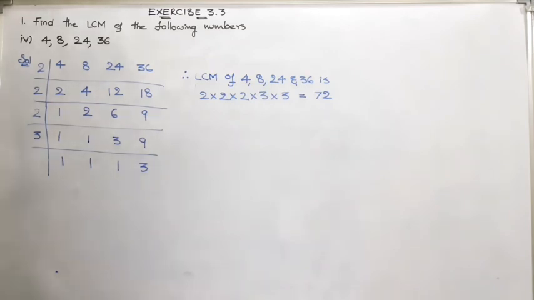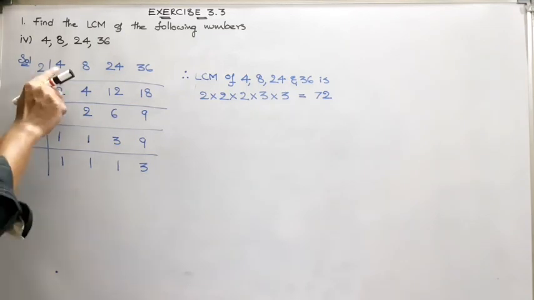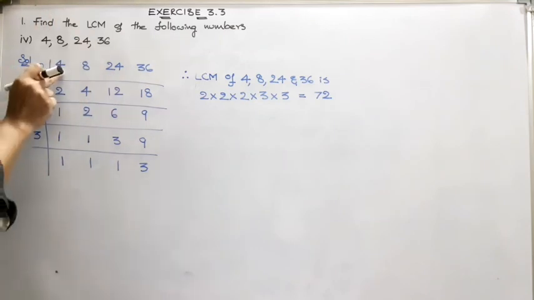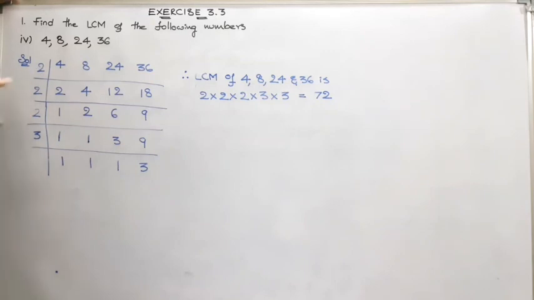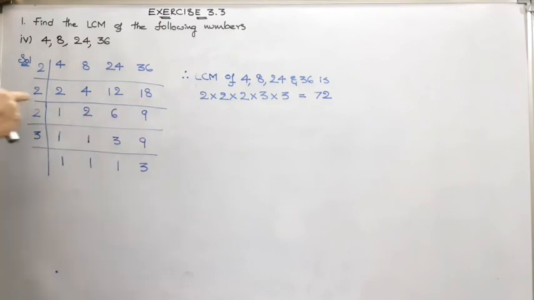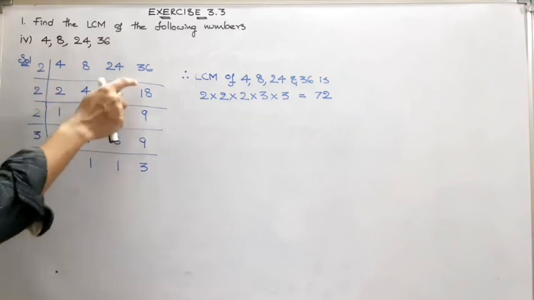For your better understanding, I am repeating the solution again, children. Just look. The given numbers are 4, 8, 24 and 36. The least number which divides 4, 8, 24 and 36 is 2. So we started with 2 table where 2 2s are 4, 2 4s are 8, 2 12s are 24, 2 18s 36. Now we have 2, 4, 12, 18. As the least number that cancels 2, 4, 12 and 18 is 2, I started division with 2 table again. 2 1s are 2, 2 2s are 4, 2 6s are 12, 2 9s are 18.